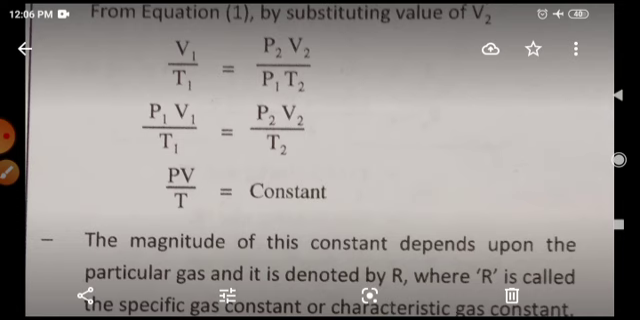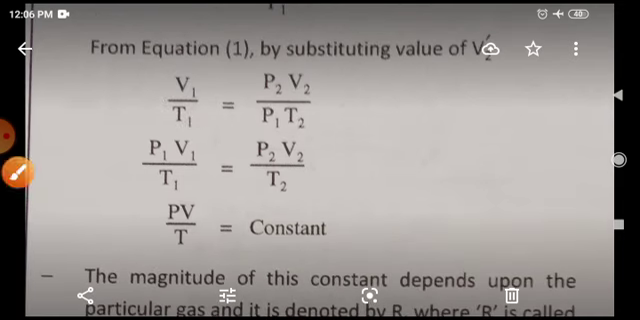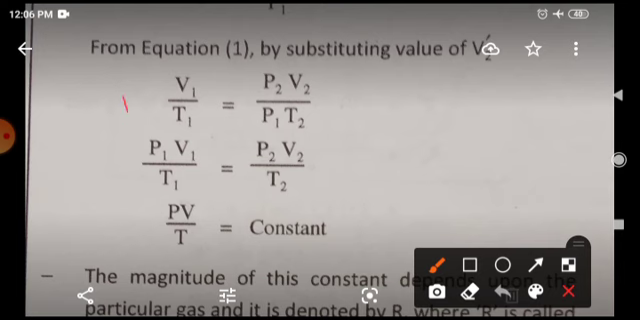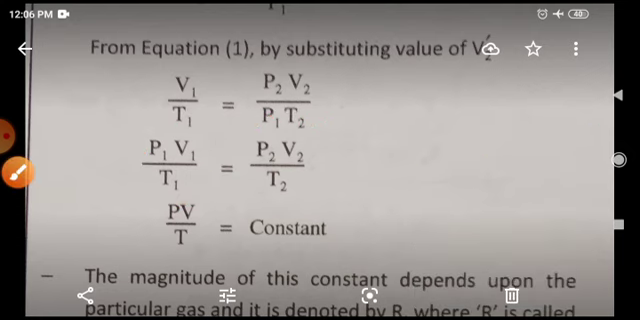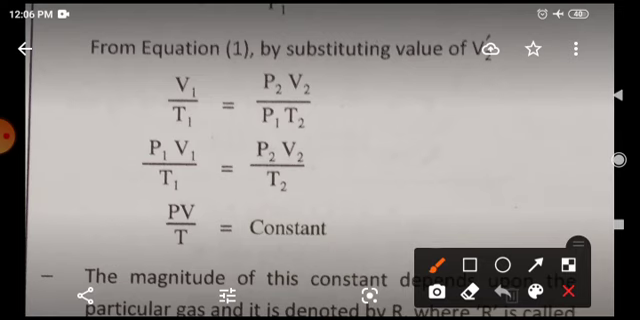Rearranging all the terms for the first state and the second state, we will get P1 V1 upon T1 is equal to P2 V2 upon T2. That means for any intermediate process, it remains constant. This relation holds at any equilibrium state, P1 V1 upon T1 is equal to P2 V2 upon T2. Or if we consider any third equilibrium state for that particular gas, then P3 V3 upon T3, which is equal to